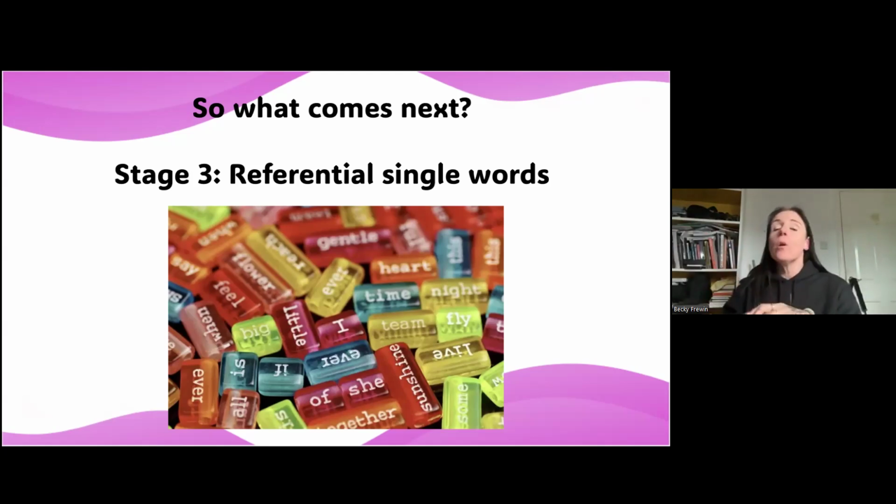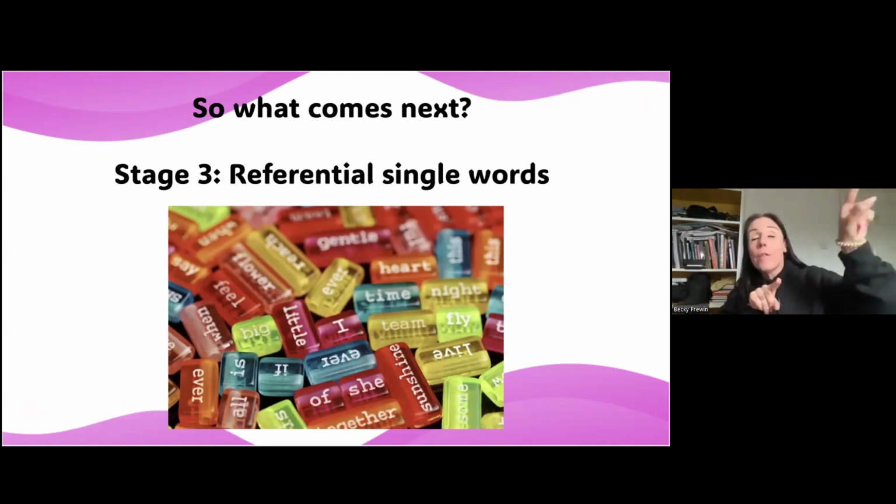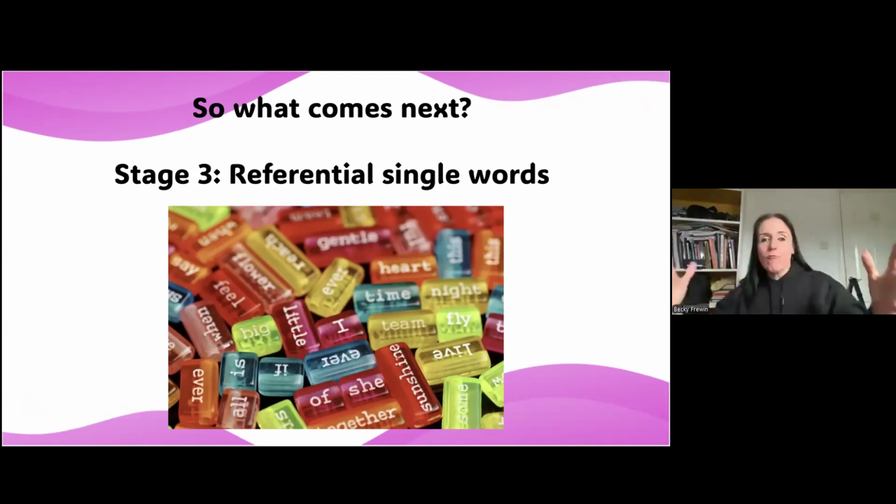So maybe this is when they go, the wheels on the bus go round and round, and they pull it down so they know that bus is the thing that the people are sitting in, the big red thing or the big yellow metal thing with the wheels that the people are sitting in. That's the bus bit. So this is when they start to know that the words that they have been playing around with in great big chunks actually mean things on their own. Okay, so again, this now unlocks